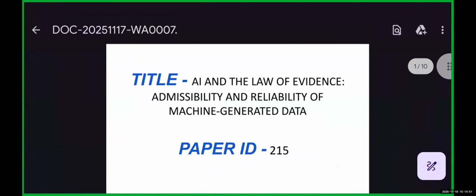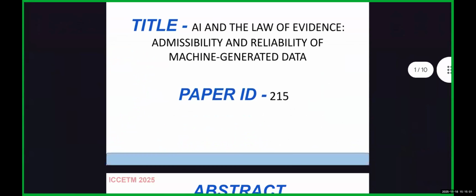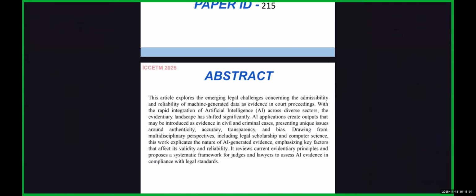My paper ID is 215. AI and the Law of Evidence: Admissibility and Reliability of Machine Generated Data. Abstract. This article explores the emerging legal challenges concerning the admissibility and reliability of machine generated data as evidence in legal proceedings. With the rapid integration of artificial intelligence across diverse sectors, the evidentiary landscape has shifted significantly. AI applications create output that may be introduced as evidence in civil and criminal cases, presenting unique issues around